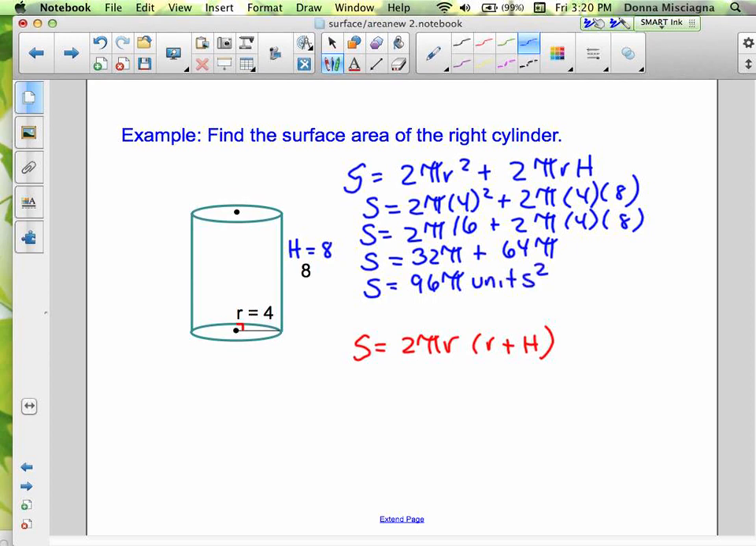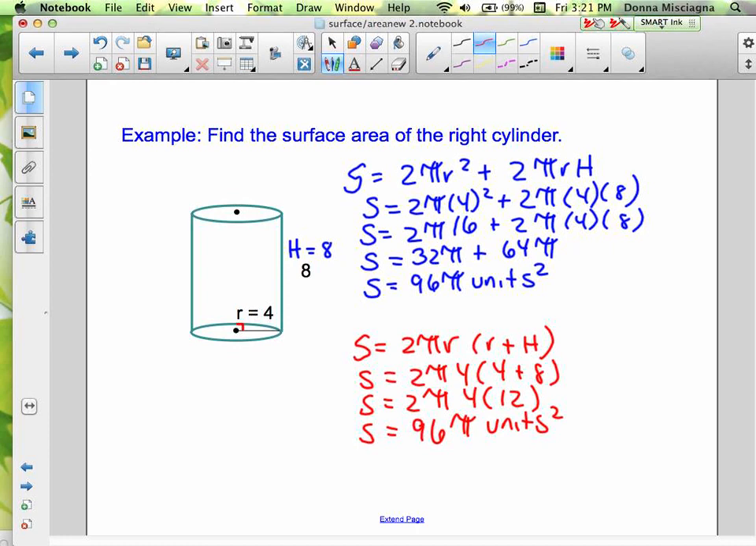All right, and let's do the same thing, but with the rewrite. So s is equal to 2 times pi times 4 plus 8. I'm going to add in the parentheses first. 2 times pi times 4 times 12. And now I'm just going to multiply the numbers together. 2 times 4 is 8, and 8 times 12 is 96. So 96 pi